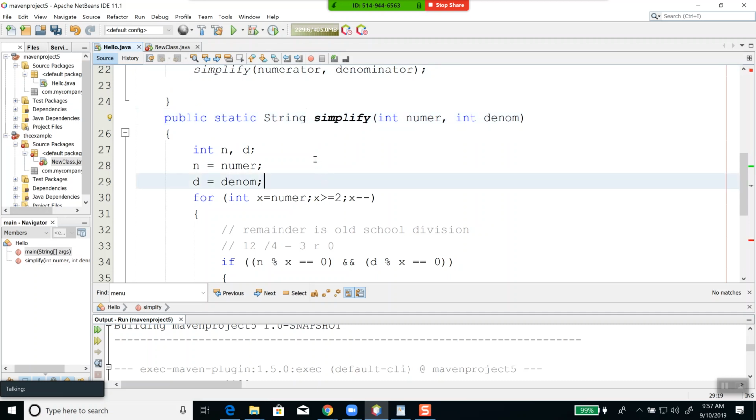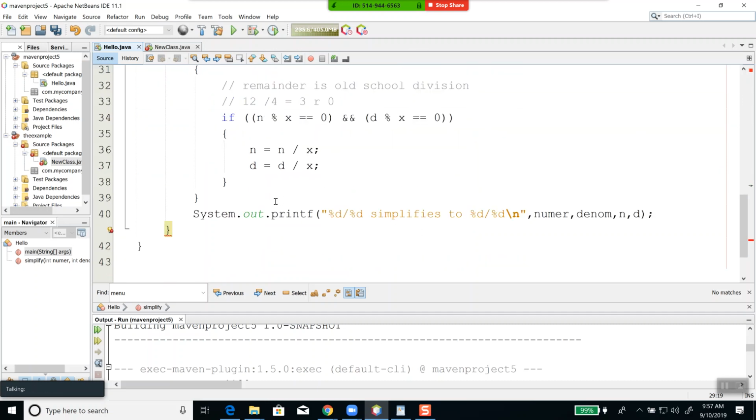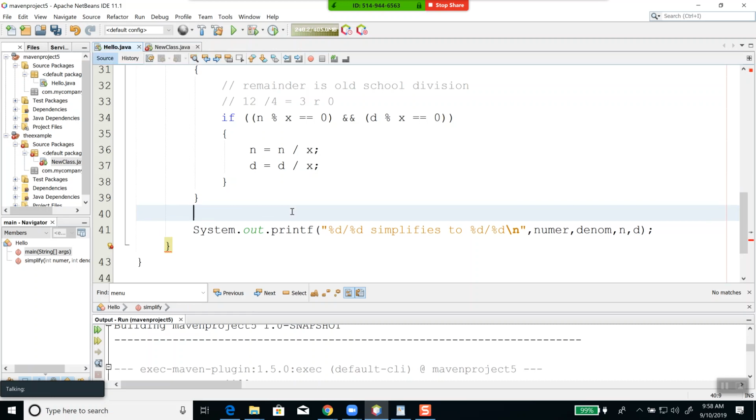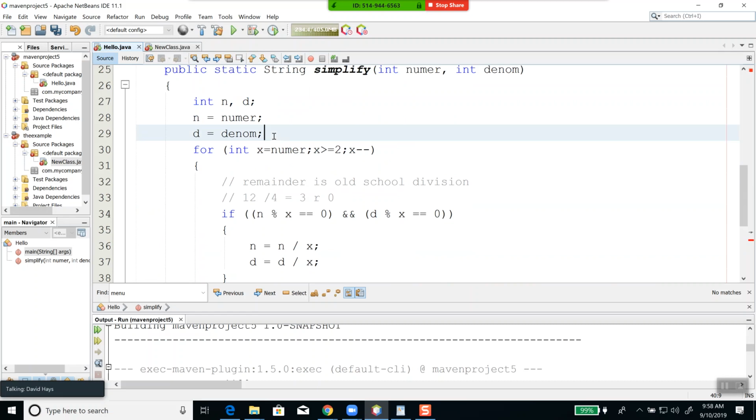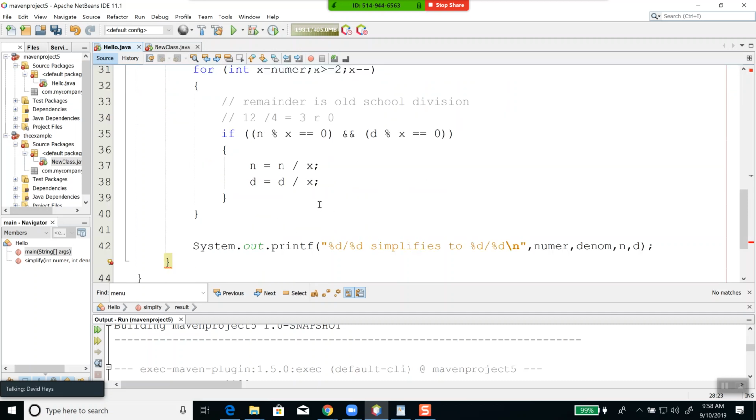So we've got to spell it right. This is uppercase S. And then down here, I'm going to build that string. So I guess I need to declare a string. You don't have to declare all of your variables at the top, but it makes programming nice. I'll call it result. Because then you know where your variables are. You don't have to sit there and search through all of your code trying to figure out where in the world you declared it. And result is equal to,